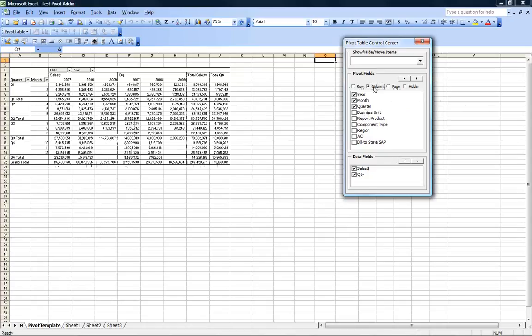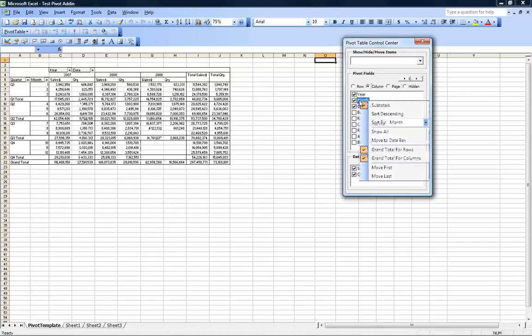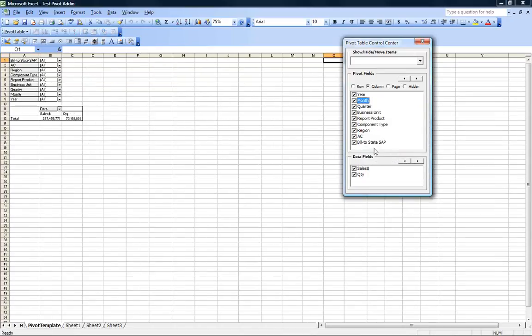If you want to move year above sales dollars and quantity, I will select year and then use the arrow buttons to move year above sales dollars and quantity. In the Pivot Fields area, you also have a right-click menu where you can select Show All or Hide All. Here I will select Show All, and all fields in the Pivot Fields box will be added to the page